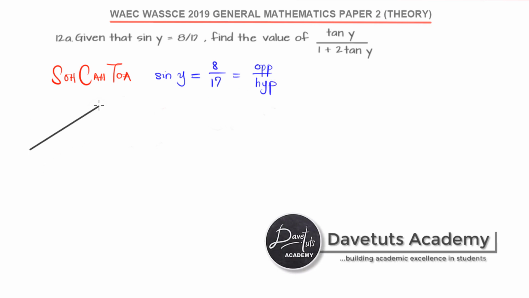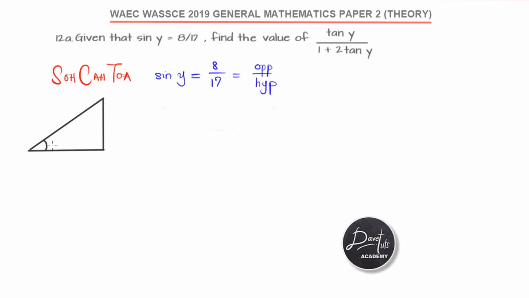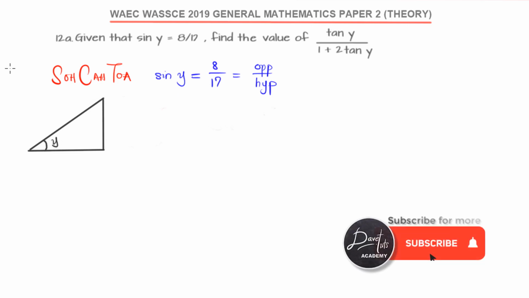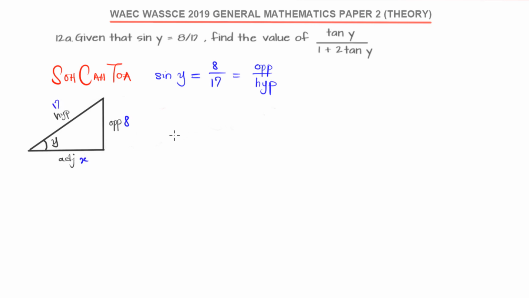So if we are to draw the right angle triangle, because that's where we are using this trigonometric identity, and we say this is angle y, the side facing the angle is the opposite, the longest side is the hypotenuse, and the third side is the adjacent. In this particular case, we are told that the opposite is 8 and the hypotenuse is 17. Then if we call the adjacent x, we can find its value